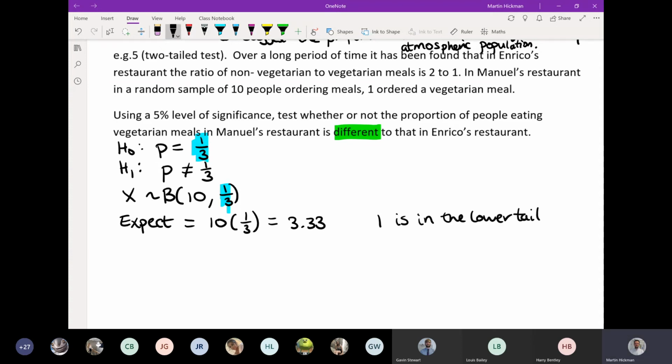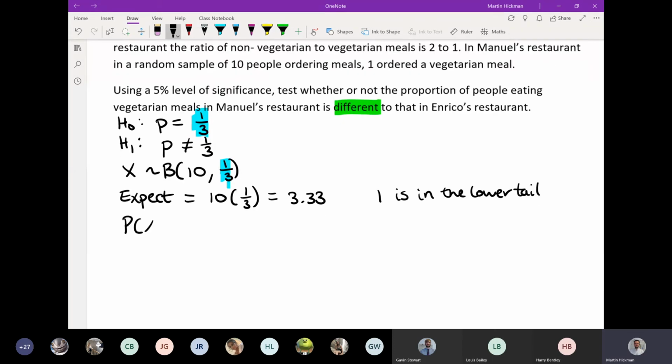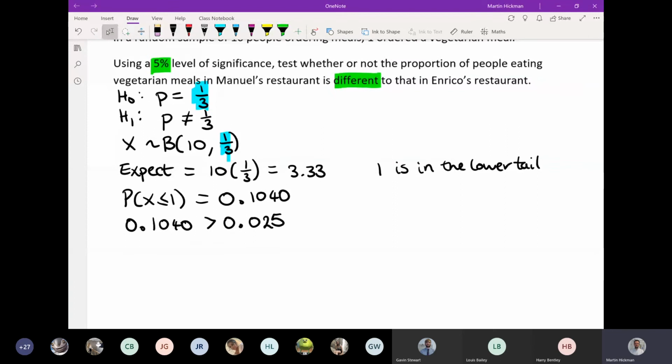Okay, we find 1 in our sample, so it means we need to use less than or equal to when we do our sample. So we work out the probability that we find 1 or less in a sample of 10 with a probability of a third, and we get 0.104 when we do so. We then compare this to half the significance level. So the significance level is 5%, but we want to look at half of this. So we notice that 10.4% is greater than 2.5%. So what we have to do is accept H0,